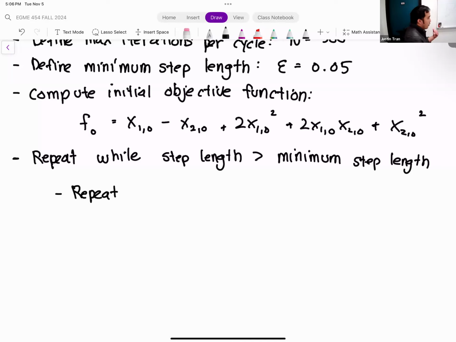And then right underneath that while loop is another repeat statement. So we're going to repeat. If you look back at the code that we just went through, we had a for loop right underneath that while loop. So we're going to repeat for n equal to 500 iterations.